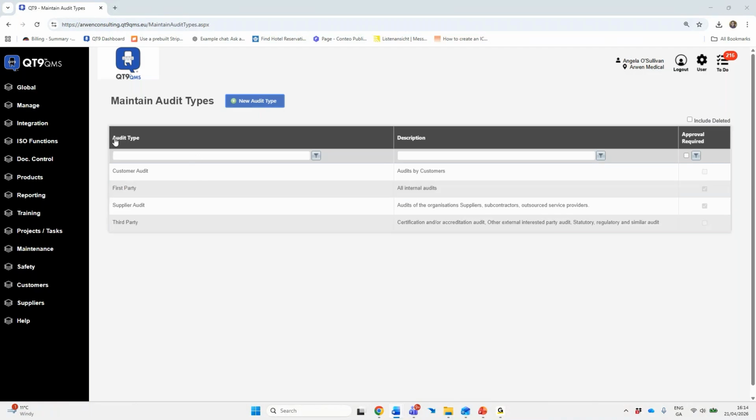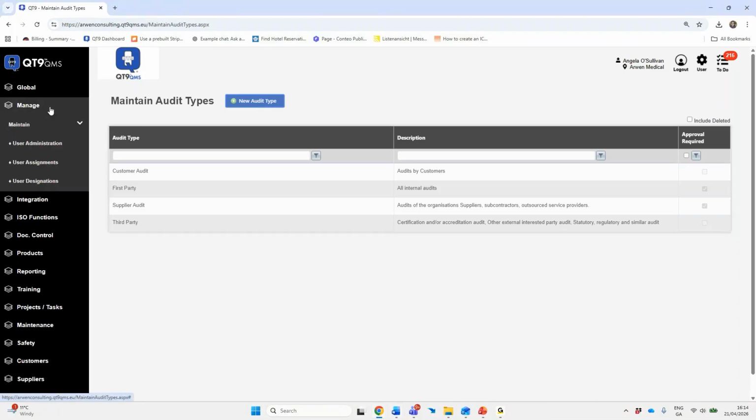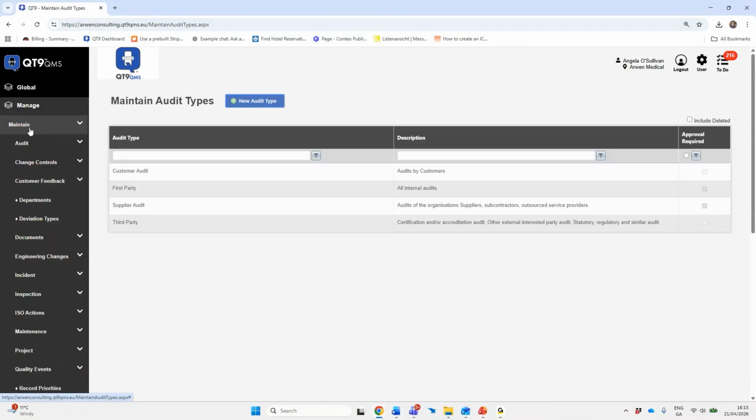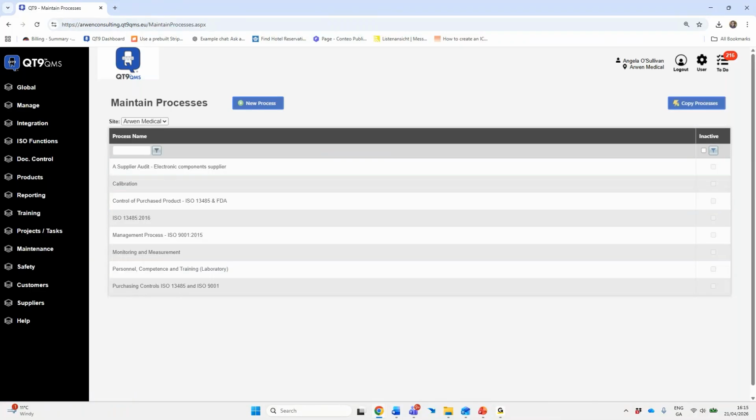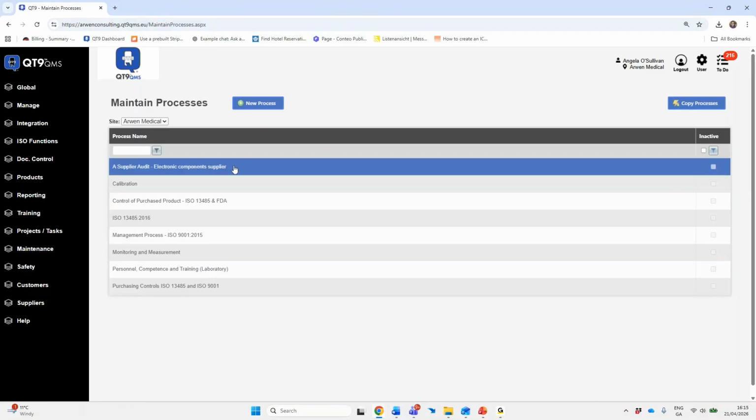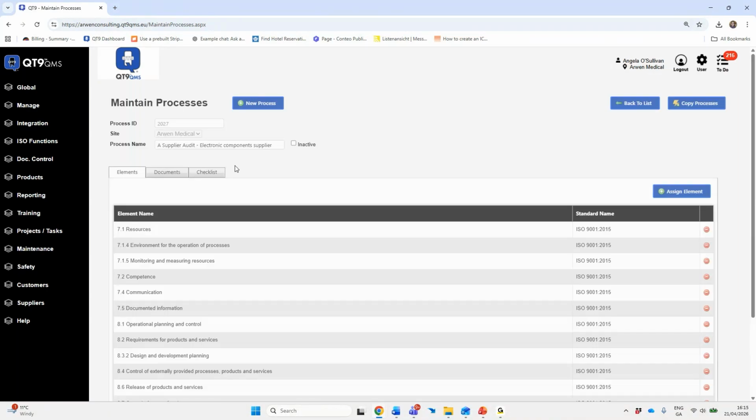So these are the basic settings. Now we're going to move on to building a supplier audit process. Now I'm not actually going to build the process in this demo because, again, just be conscious of time. But I have one already set up and I can show you this. So just go to Manage and Audit, and then we're looking at our processes. So here I have one set up earlier, and I'm calling this Supplier Audit for Electronic Component Supplier. So you can have as many processes as you like, and you can set them up customized to the supplier